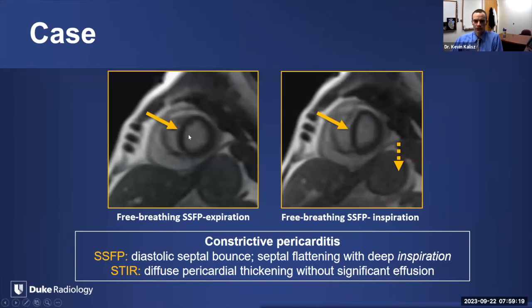I'll show that here right now as a replay. In the normal case, the septum is in its normal position, slightly bowed towards the right ventricle. When the patient takes a deep breath in, as evidenced by the diaphragm going down, you'll see this diastolic septal flattening, and that's really what we're looking for as evidence of constrictive physiology. So this would be compatible with constrictive pericarditis in the setting of constrictive physiology, in the setting of an abnormal